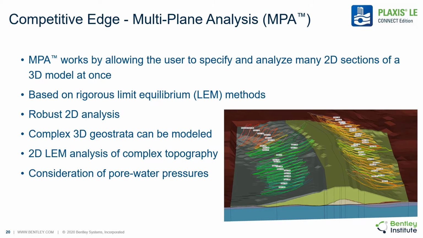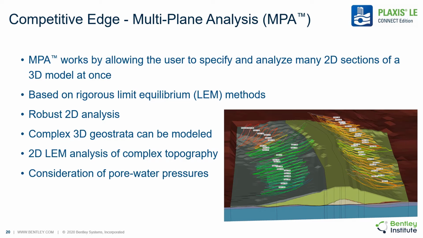So what does multiplane analysis or MPA analysis do? It allows the user to specify and analyze many 2D cross-sections of a 3D model. And so here we have an example of an earth dam where typically what you would do is you would take 2 or 3 cross-sections down the structure and analyze them in 2D for stability factor of safety. The problem with this, however, is that you don't know where the critical location of the factor of safety is, and you're just guessing in terms of where you would do your analysis and the orientation that you would do your